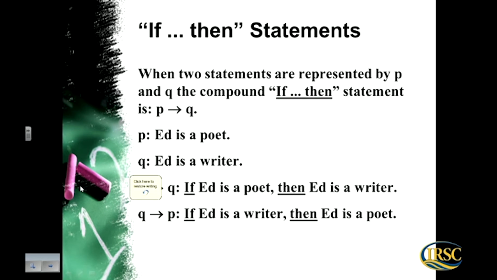Now notice that these two sentences don't necessarily mean the same thing. If Ed is a poet, then Ed is a writer. If Ed is a writer, then Ed is a poet. Doesn't necessarily give the same meaning, right? If Ed is a writer, he's not necessarily a poet. He could be a technical writer, totally not a poet then. Okay? All right, and then the next one,